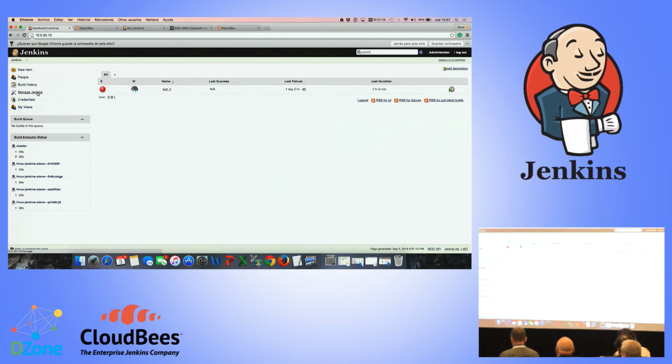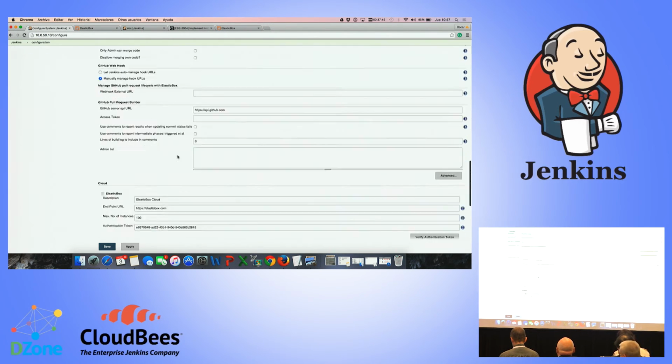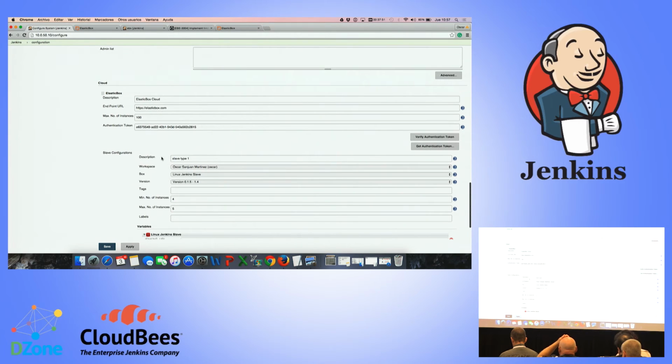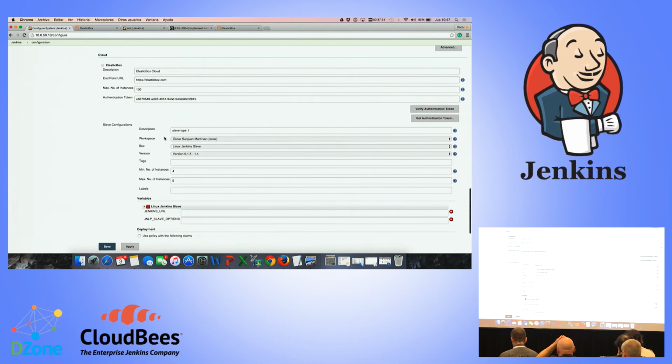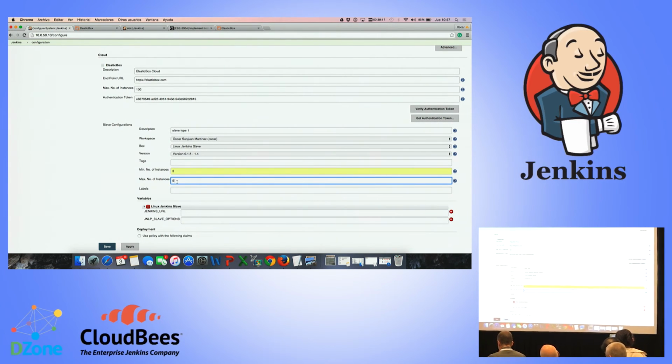And now I can go and configure Jenkins. I can go to the configuration, and I will be able to add Elasticbox as a cloud. So basically I can configure the slave that I want to have. In this case I'm going to use a sample Linux Jenkins slave that we already have. And we are going to deal with the scalability. Here, for example, I'm saying that we want to use a minimum of 4 slaves. I'm going to reduce that to 2. And I'm going to leave the maximum at 4. So I'm going to apply the changes,